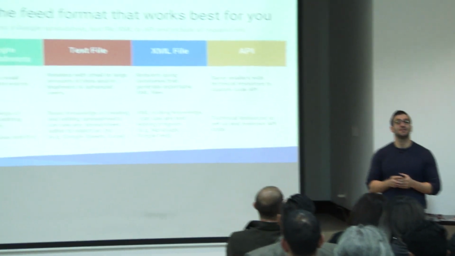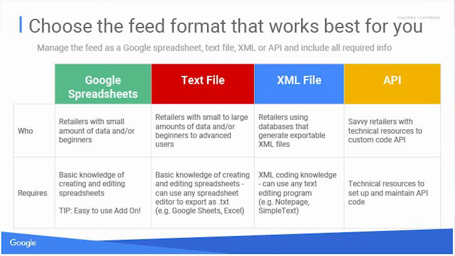Cool. So what are the ways you as retailers or agencies can upload a products feed to us? We give a variety of mediums, and it ranges from beginner to technical. Depending on the size of your catalog, one choice might be better than the other. So we have Google spreadsheets. You can generate a blank Google spreadsheet. This is really great if you're a retailer that has a very small amount of products. You could go in and just add the products there. And we have an easy-to-use add-on for Google Spreadsheets where it'll give you the formats and all of the required attributes necessary for Google Merchant Center, and it will break it down on a category-by-category basis. So it really makes it easy to adhere to our feed spec.